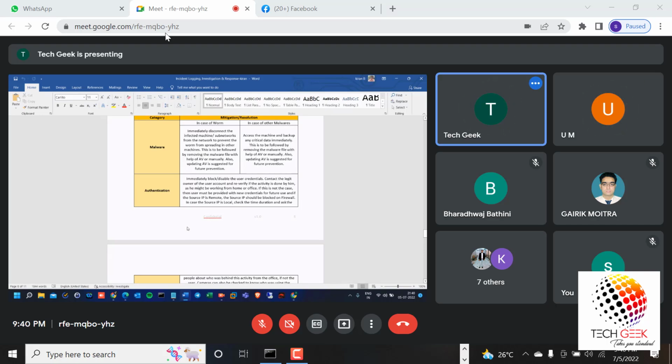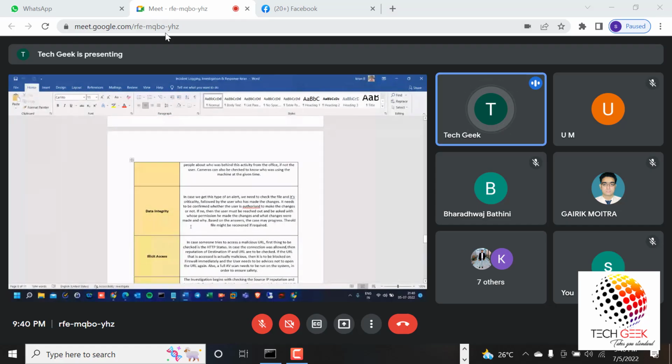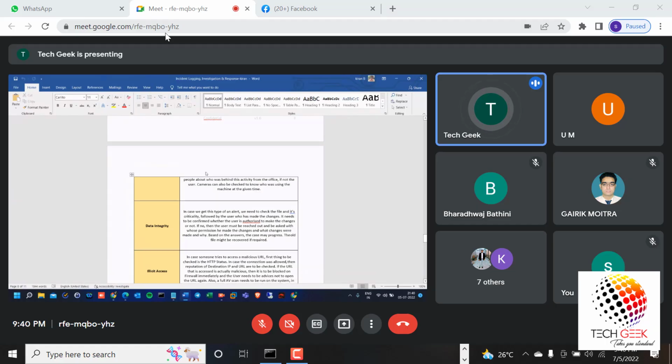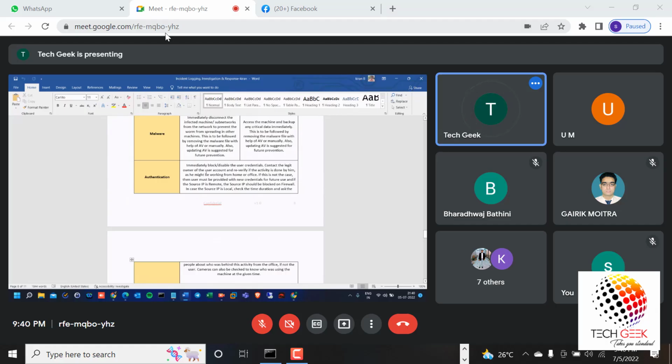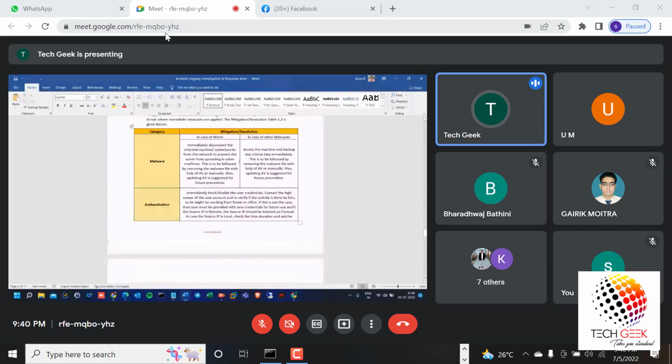In an organization there will be a firewall team. On the client end there will be an IT team, and they handle the firewalls, switches and all. Let's take authentication as an example, where brute force is happening. From a particular IP address, say from Russia, a malicious IP address is trying brute force, guessing passwords.